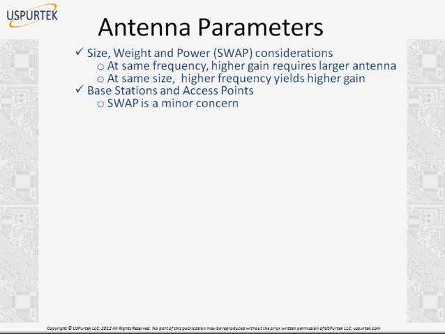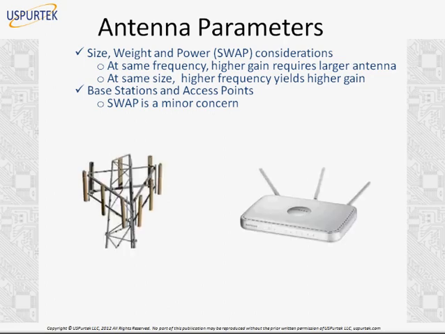Okay. So now let's move on to what other physical considerations there are for the design of a real antenna system. Size, weight, and power are very important considerations for practical antennas. At the same frequency, if we want to increase the gain of an antenna, let's say we have a cell tower which covers only 2 miles,